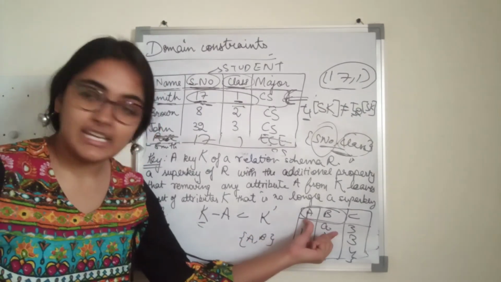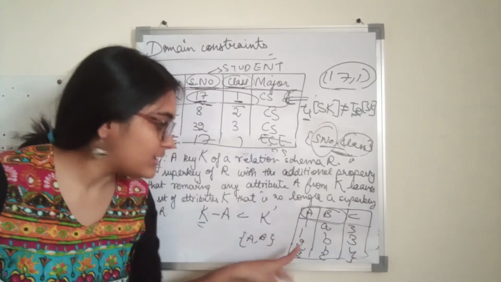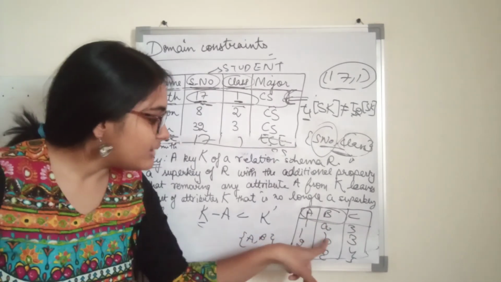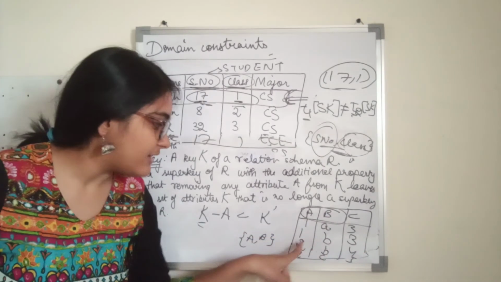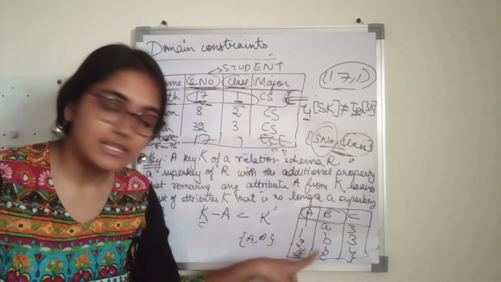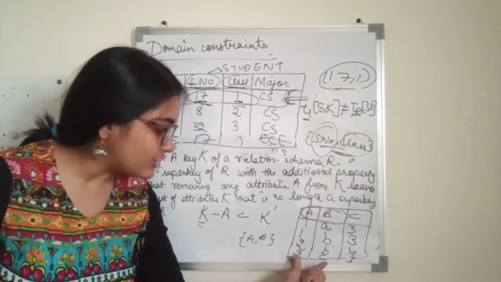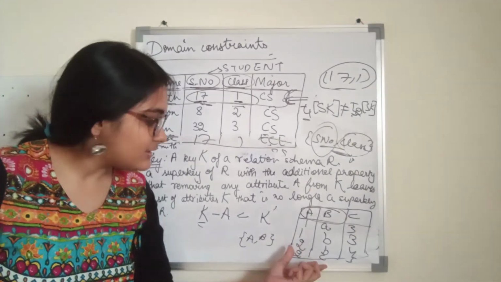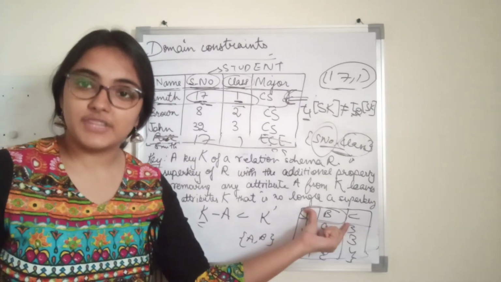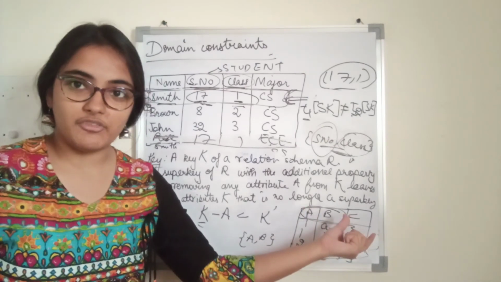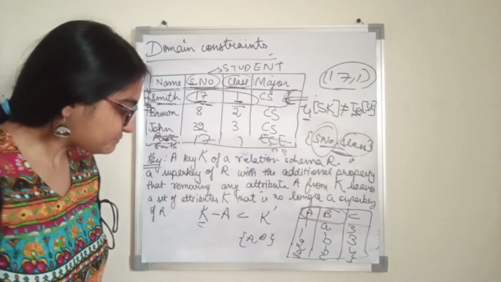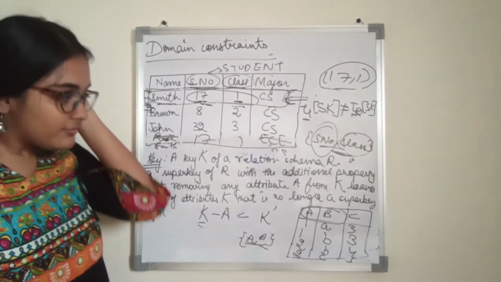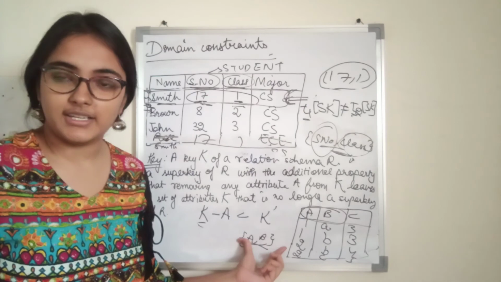If I say 1A, it means this particular tuple. No other tuple has the values of A and B as 1A, right? If I say 1B, then this particular tuple. If I say 2B, then this particular tuple. 2C, then this particular tuple. No other tuple has values 2C for A and B. So the combination of these two attributes is used to uniquely identify a tuple, right? Let us say this is the super key. Also this is the key for the relation.